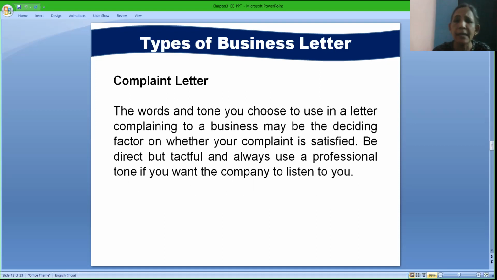The next is the complaint letter. Whenever we purchase either a product or a service, we are either happy or we feel unhappy. Whenever you are unhappy, there is a complaint. A complaint could be registered in both ways. There can be a problem from your end because of your leniency, or because of your misbehavior, or because of some bad code of conduct.